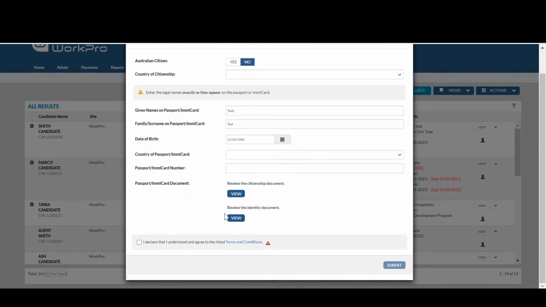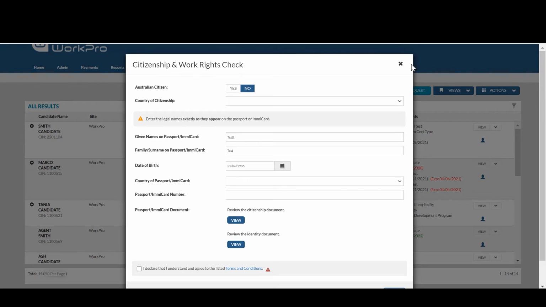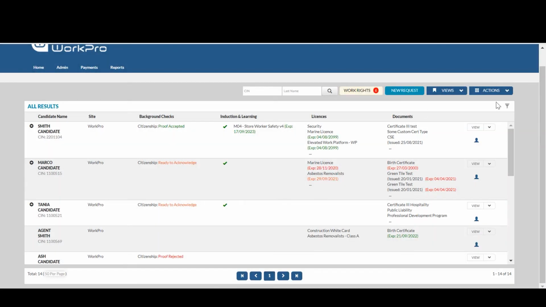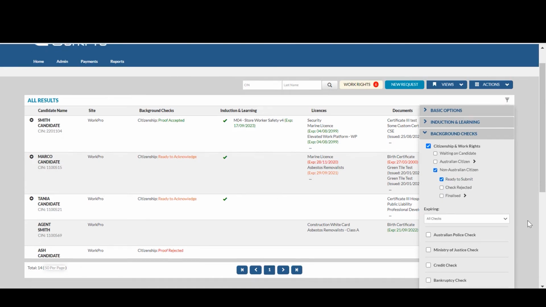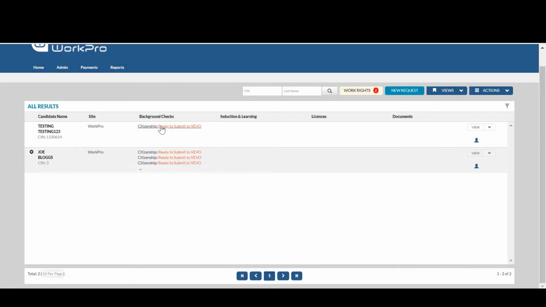You can view that document, review the extra identity document, agree to the terms and conditions, and you can submit that check. I'll show you what happens in a moment. For those non-Australian citizens, you're selecting non-Australian citizens that are ready to submit to Vivo and applying that. I only have 2 here, but what this means for you, rather than having to do check by check individually,